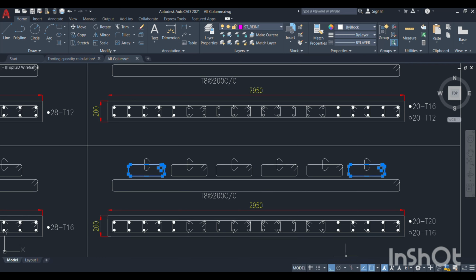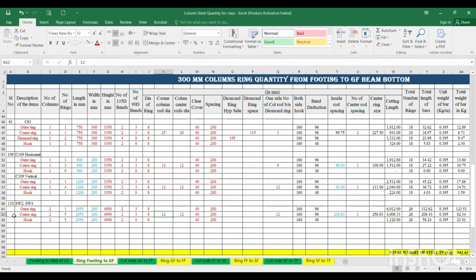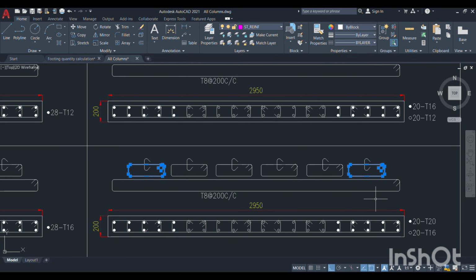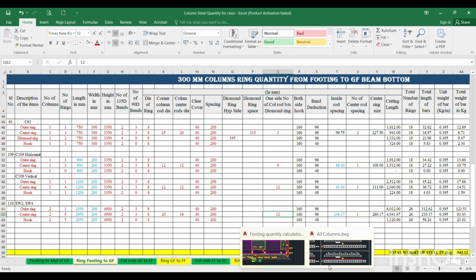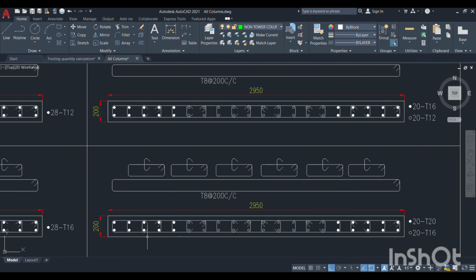Either you can take it in 2 lines for this centering, you can divide it 2 times, or you can merge it, so even a higher rod spacing will work out, no problem. So I am giving the outer rod dia as 20 and the inner dia also 20, because the maximum is 16, you can give maximum 16. This is 20 and this is 16, and the number of rods on one side of the column means a total of 40 rods. 20 plus 20, 40, then one side will come 20 numbers,